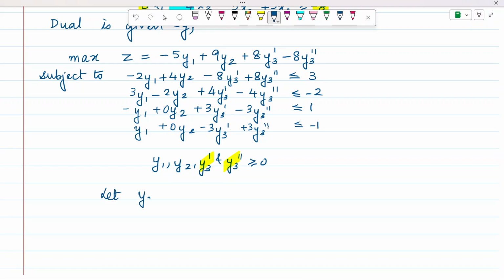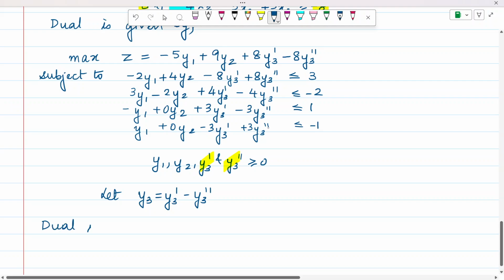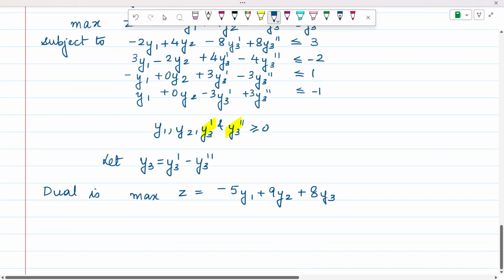So let y3 is equal to y3 prime minus y3 double prime. So my dual becomes maximize, z is equal to negative 5y1 plus 9y2 plus 8 times y3, subject to the conditions,